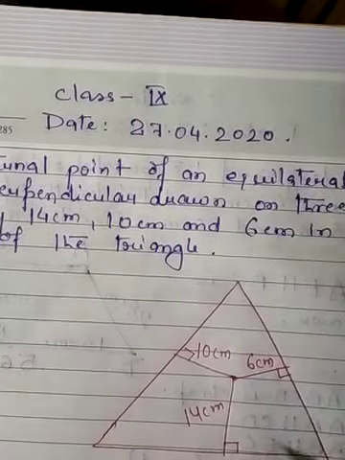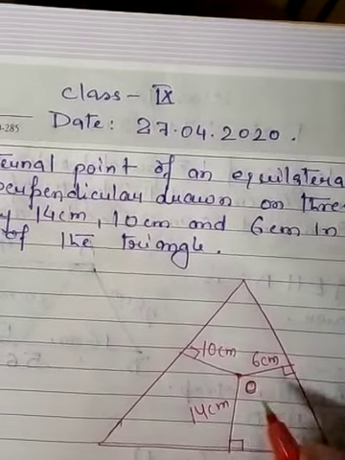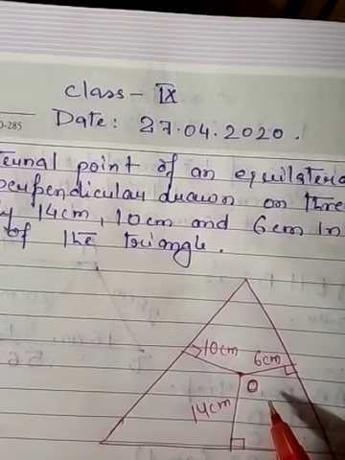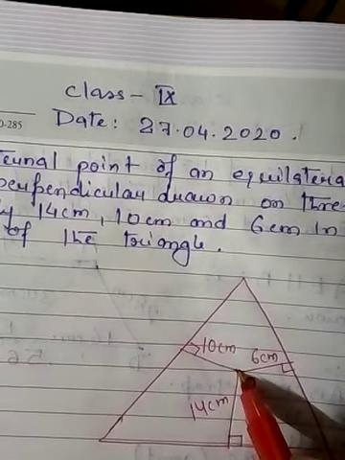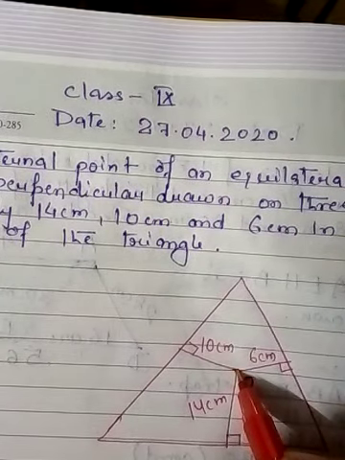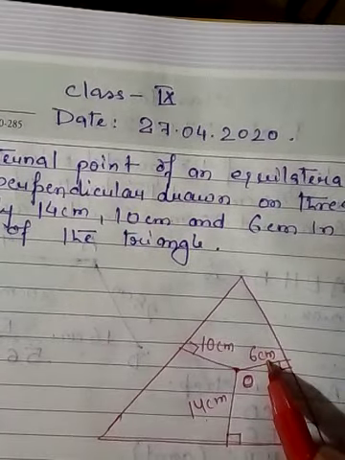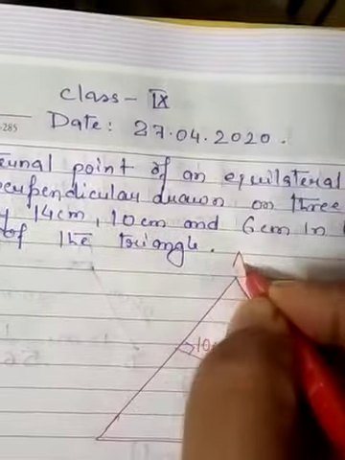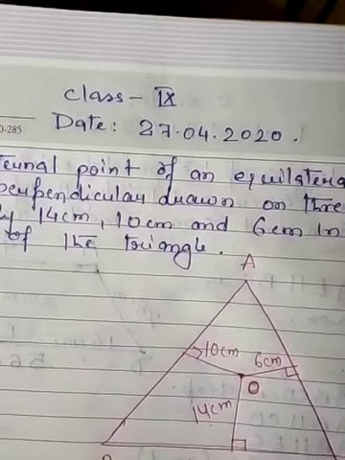That point is not the center, it is a point interior of an equilateral triangle. Let us name it as A, B and C. So